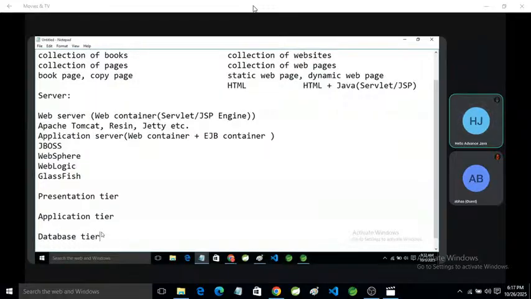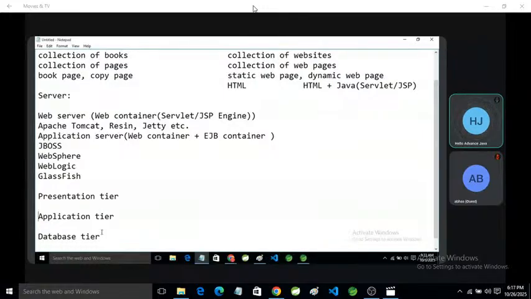Database tab. If the server were capable of developing a dynamic page, we would not need to use Java, .NET, PHP, Python, or any other language. We would have no need of this. If HTML provided us the dynamic page, we would have no need of any other language like Java, .NET, PHP, C Sharp, if HTML were capable of developing the dynamic page.